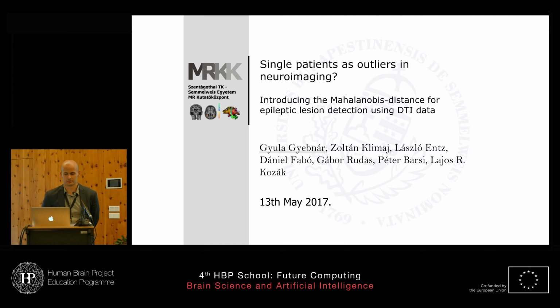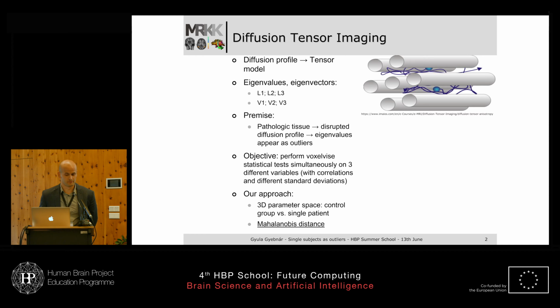Thank you. My name is Gyebnar from Budapest, Hungary, the Semmelweis University, and I'm here to talk to you about our work with a novel approach to quantify differences between single patients and a group of controls by means of diffusion tensor imaging. Just a few words about this MRI-based imaging method is that through the random process of